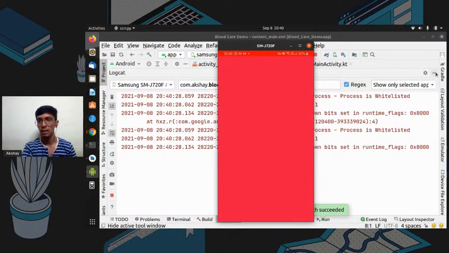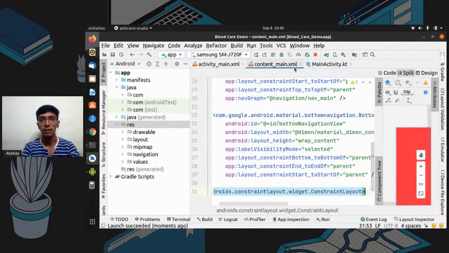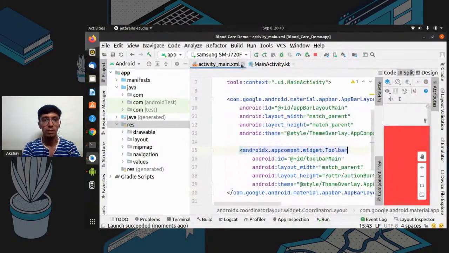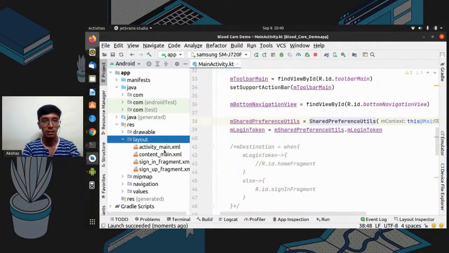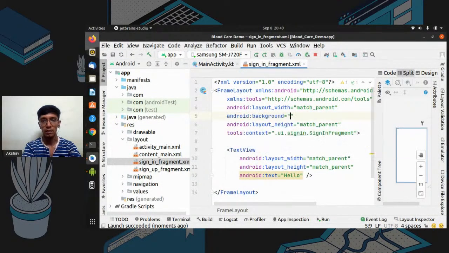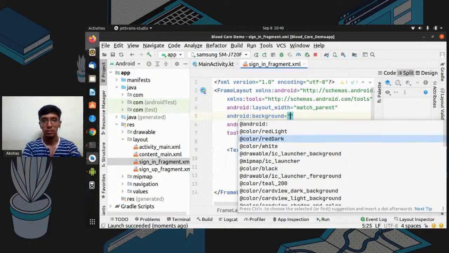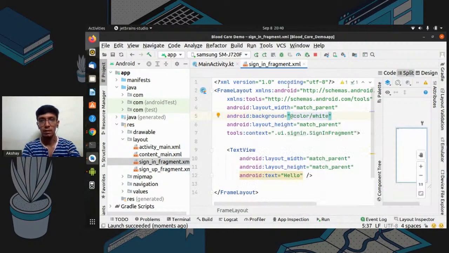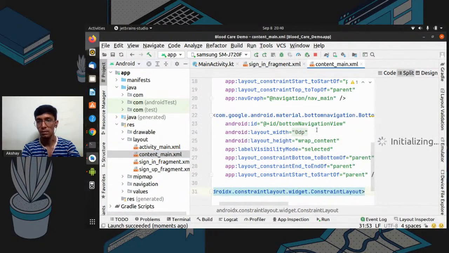As you can see, our application is loading, but it shows a different color. So I just change our background color to white. And now